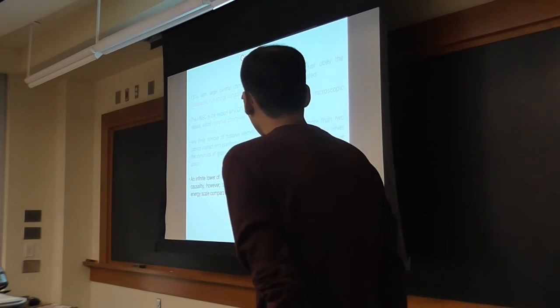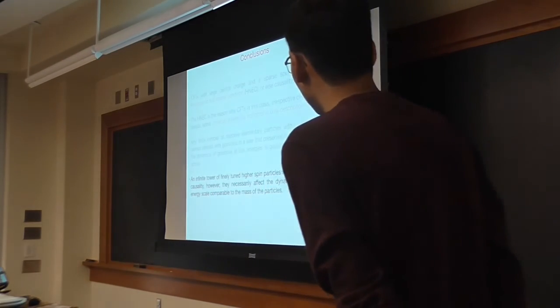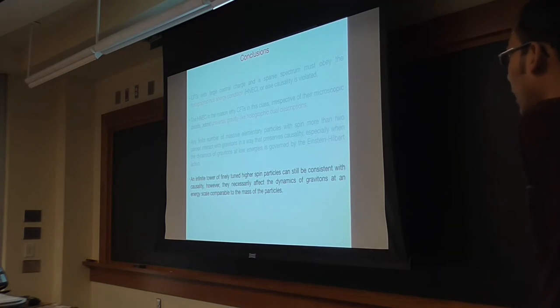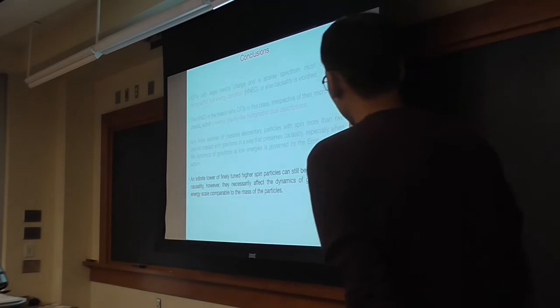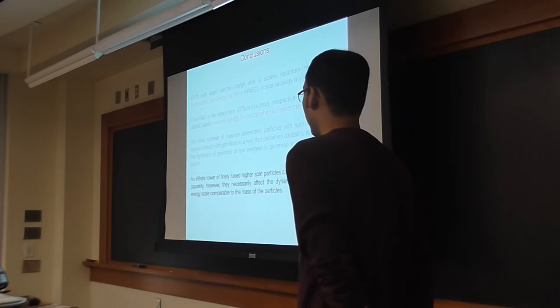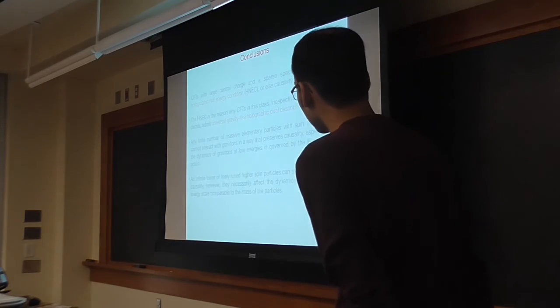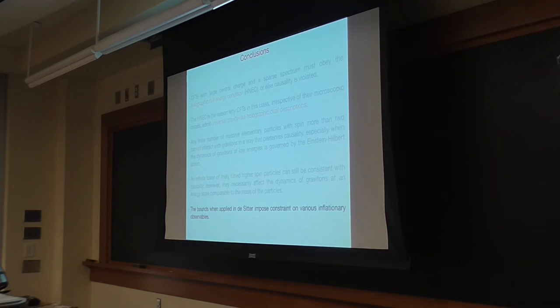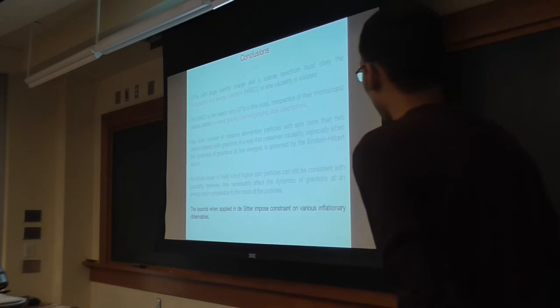An infinite tower of finely tuned high spin particles can still be consistent with causality. However, they necessarily affect the dynamics of the graviton at an energy scale comparable to the mass of the particles. The bounds, when applied in de Sitter, impose constraints on various inflation